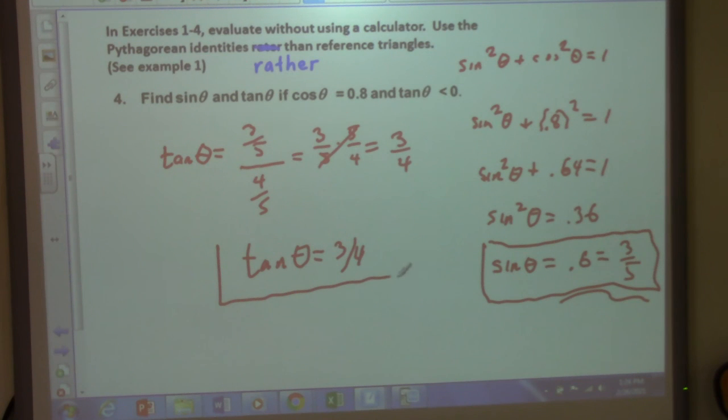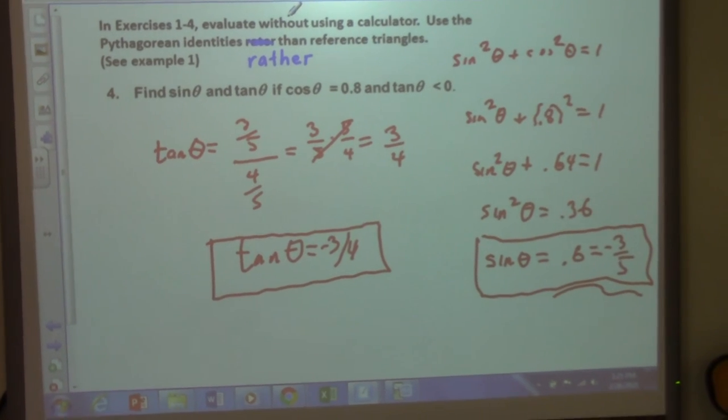Wouldn't they be negative though? Yeah, they're negative. Let's see, because tangent theta is less than, so that is going to be negative. And sine theta, well, cosine is positive, so this has to be negative, so they'll be negative, negative, you're right. Okay? That is some good work. And that really gets us to the end of class. So we're going to go ahead and next